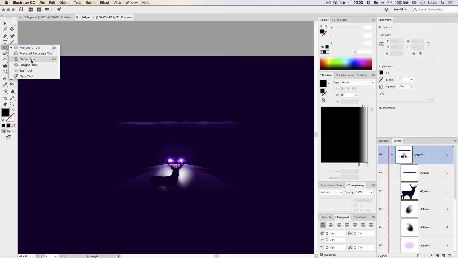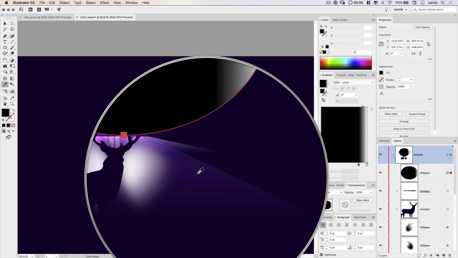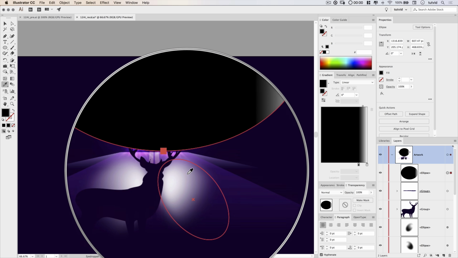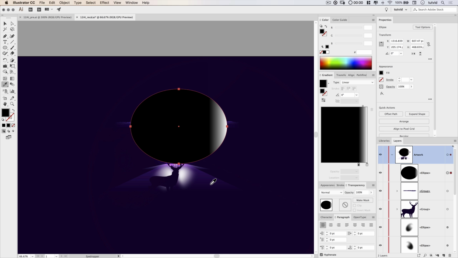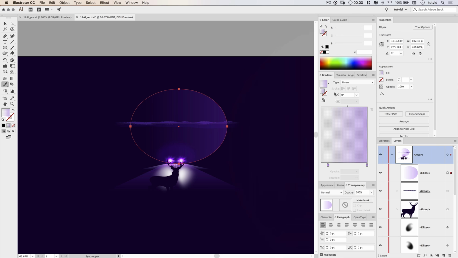Now, I'm going to grab the ellipse tool, and I want to create sort of a dome almost above this, sort of like that. It doesn't have to be a perfect circle. This is more of an oval, and that's completely fine. I just want to create a dome-looking shape. Now, this looks really messed up and weird. What I want to do, though, interestingly enough, is use my eyedropper tool and sample the gradient we used on the road surface. We don't want to pick up the gradient here in the headlight reflection, but rather the gradient used in the road. So I'm just going to click down there, and you can see we've got this pink to transparent gradient action happening.